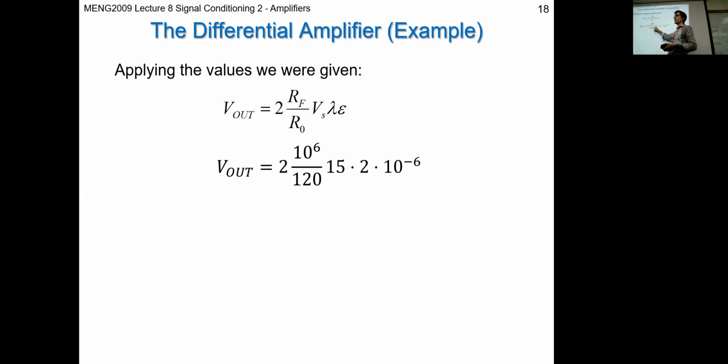Our source voltage, we said at the beginning of the question, was 15 volts. Lambda, the gauge factor, is 2, fairly typical. And then our strain was 10 to the minus 6. So substitute those in, work it all through, and you end up with 60 over 120 or 0.5 volts. So that's the output voltage from this